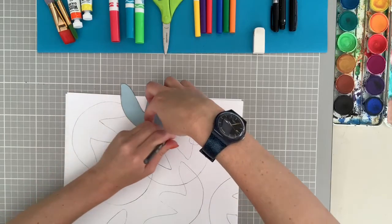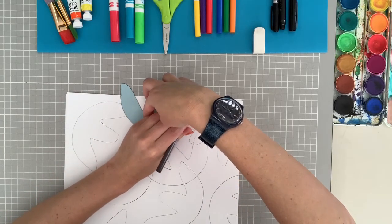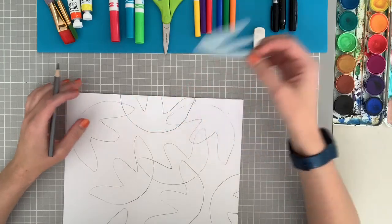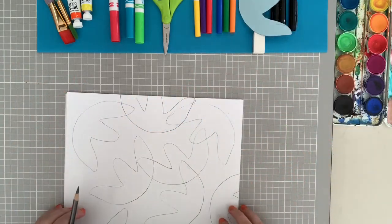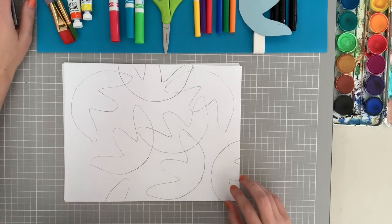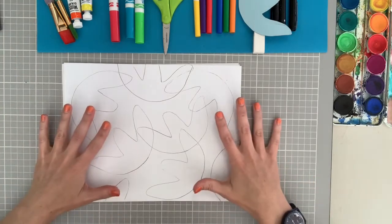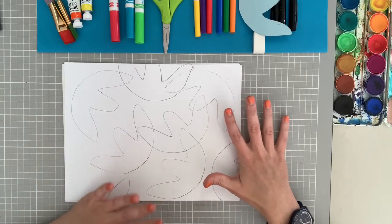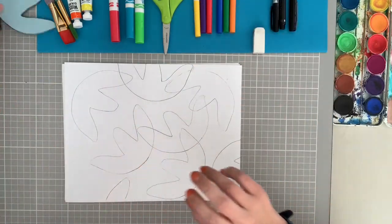All right, so I don't think I have 15 to 20 shapes yet, but that's okay. I'm gonna show you the rest of the process because I don't want my video to be 30 minutes long. So when you are finished tracing your shapes, what you're going to do, if you have it, you're going to